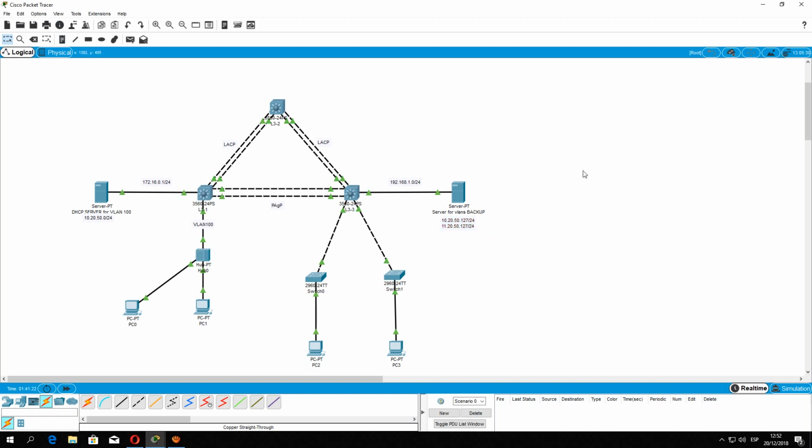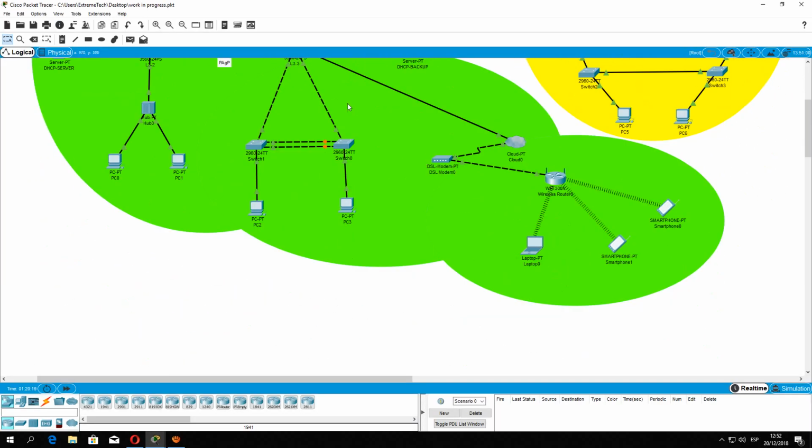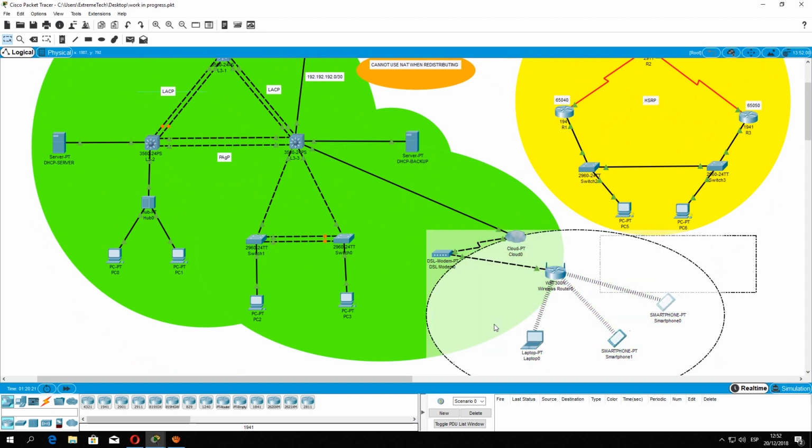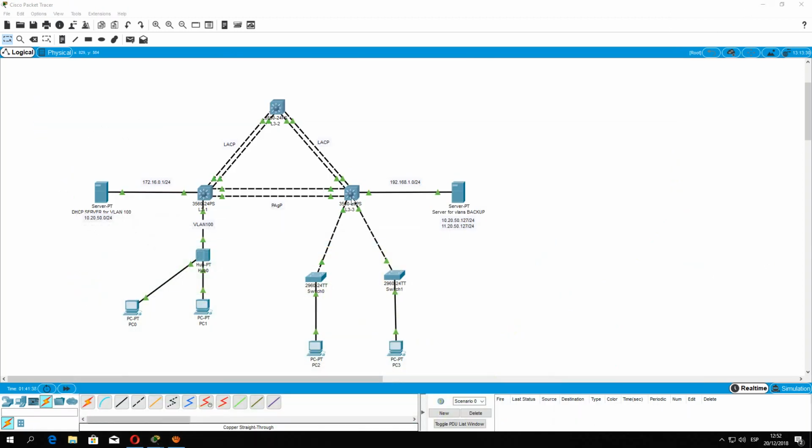easy. Now we are going to go to the wireless part, which is this one, this wireless part, and we're going to create a DHCP server in layer 3. So this